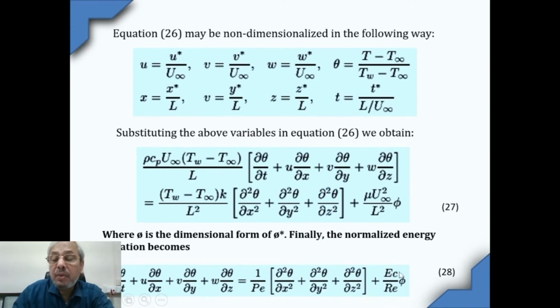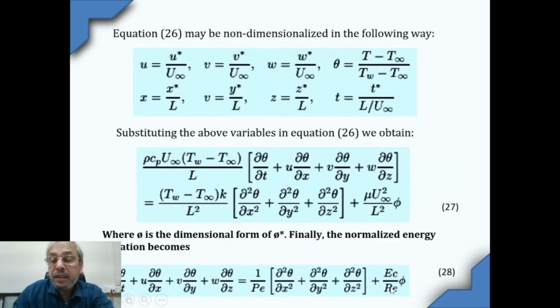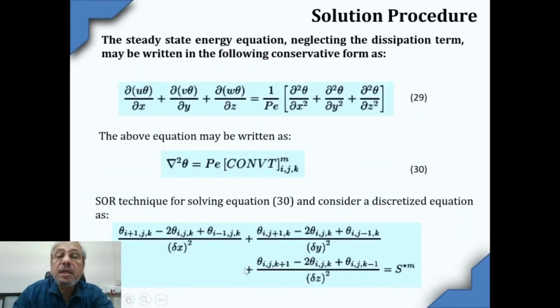So Eckart number by Reynolds number is a very small quantity. If phi, the viscous dissipation function, is not too large, then this Eckart number by Reynolds number can be ignored. As I said, the estimate is 0.3 cube, Eckart number being gamma minus 1 into Mach number square, divided by Reynolds number. So it is a very, very small number with respect to the contribution of other terms, and we can neglect